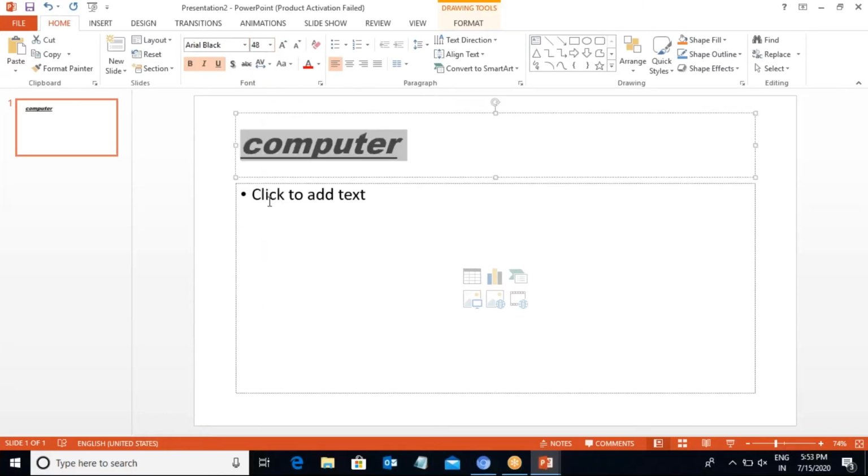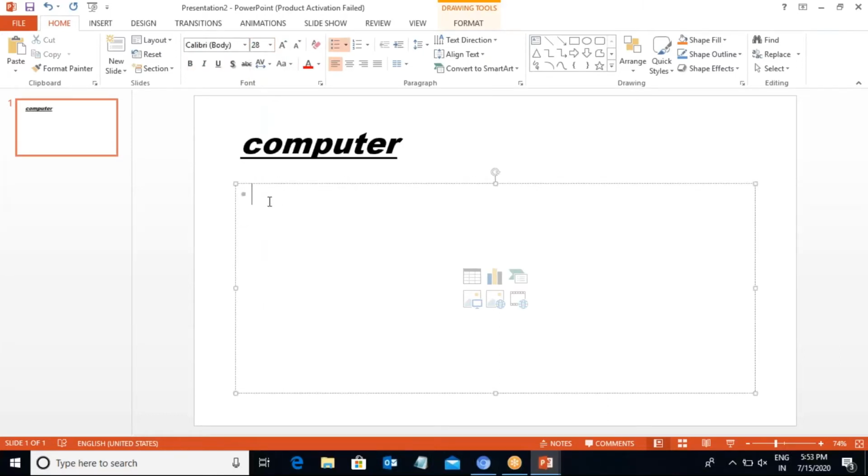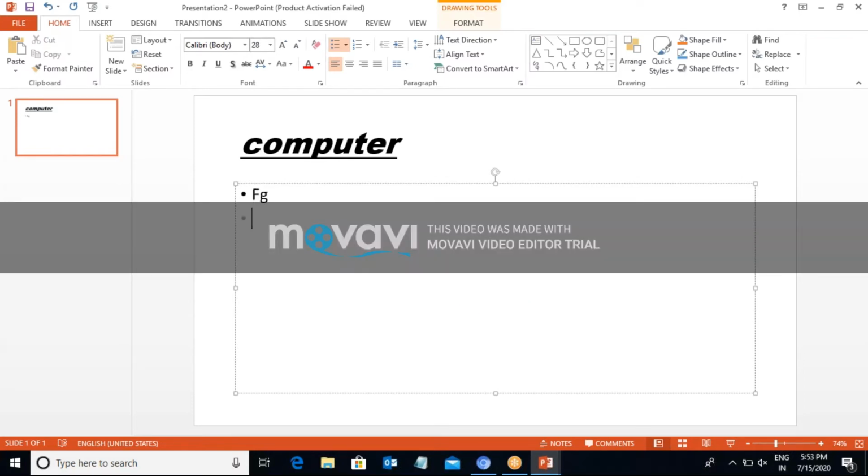After that, click on add text. If you use a number of text lines, click on this. It depends on you.